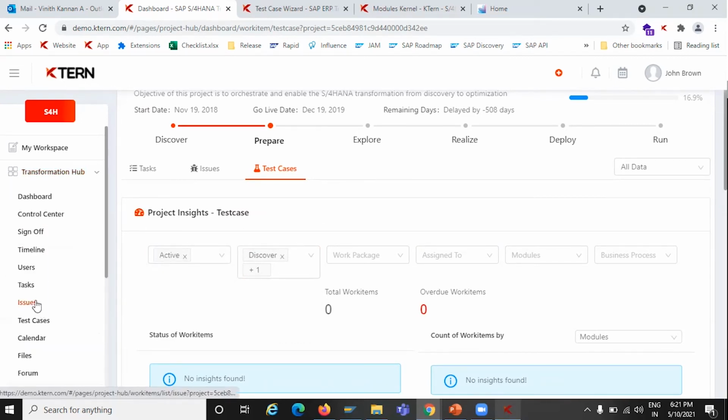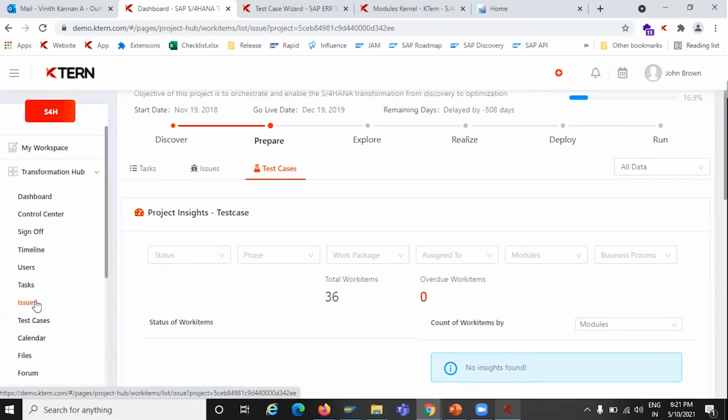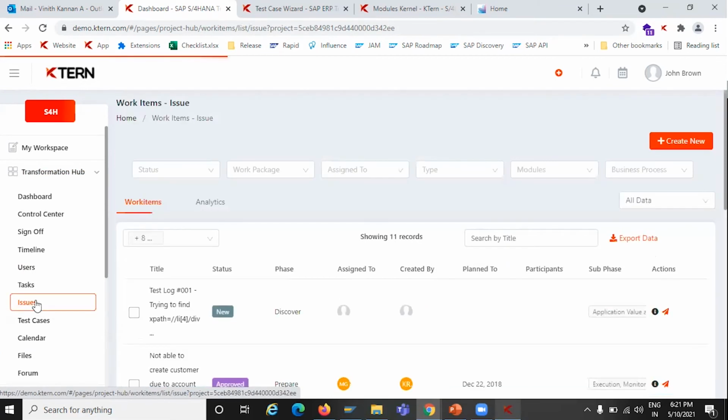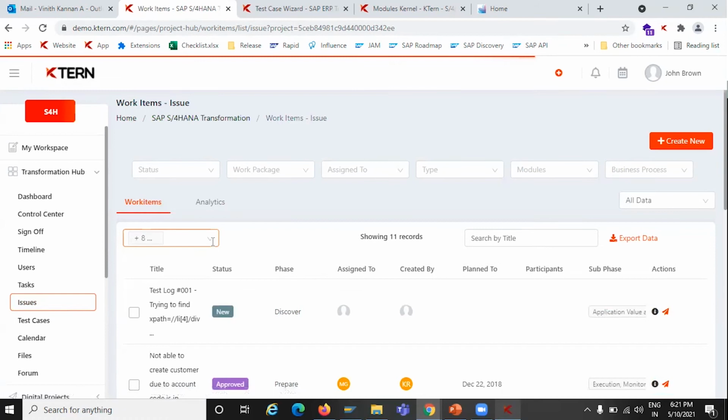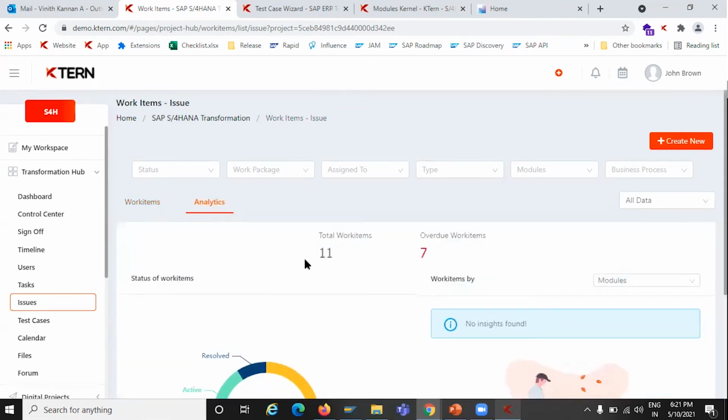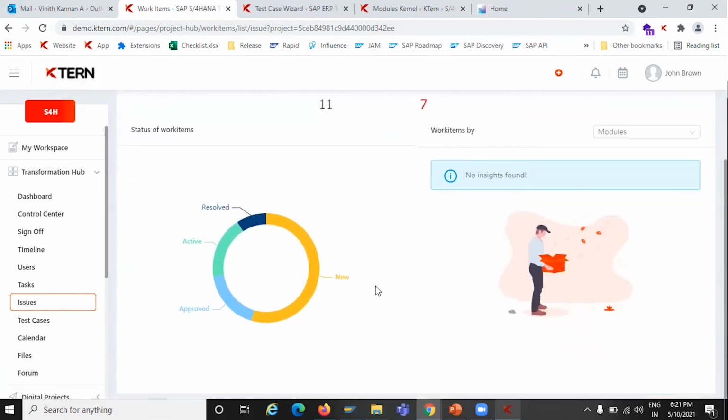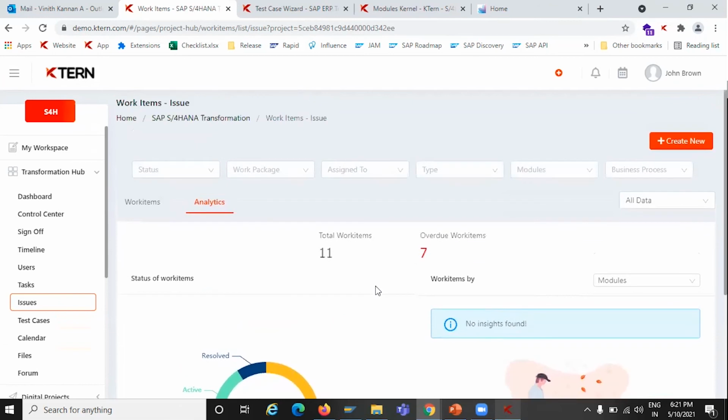I mean, there is the issues console, where again it gives you the complete view of the complete set of issues which have been generated both from the testing or from the general sources like the network or any business process oriented testing and things like that. And then yeah, definitely it gives you insights and analytics over that as well. So the defects in specific, the issues as a whole.